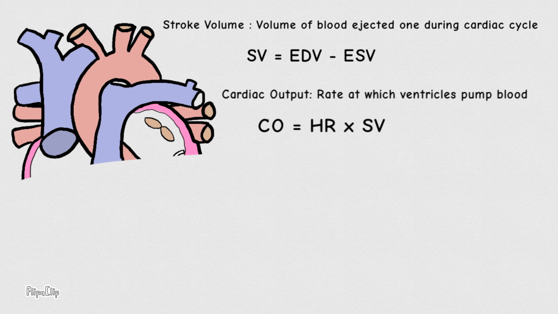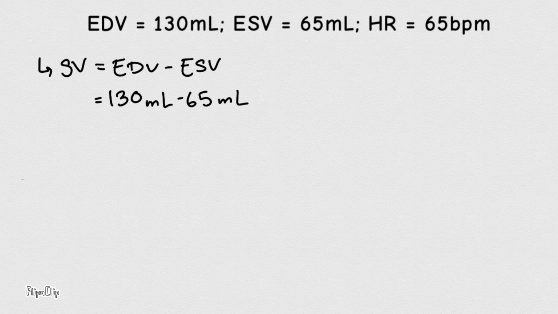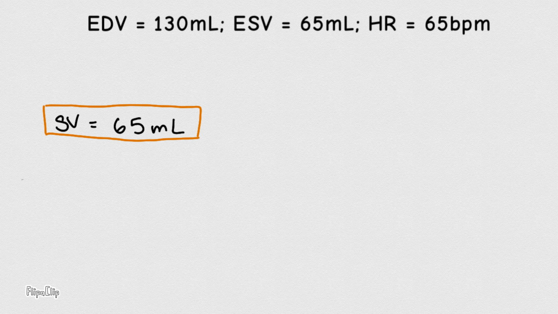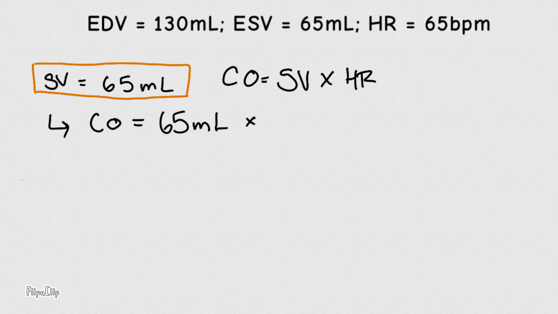We'll do one problem. Stroke volume first. We're going to take our EDV and our ESV. 130 milliliters minus 65 milliliters, which is going to equal out to 65 milliliters. Next, we have our cardiac output, and cardiac output is heart rate times stroke volume. It will be 65 milliliters and multiply it by 65 BPM, and that would give us